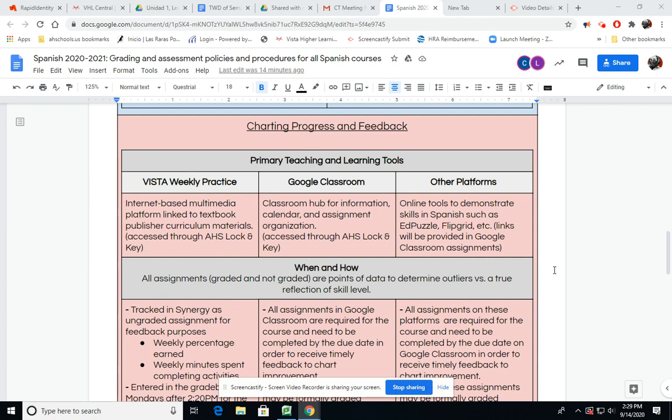But for the most part, it's a tool to disseminate the agenda, and then you go to these other places. So Vista, and then the other platforms that we're using. Yesterday you were doing some stuff on Flipgrid. We will be doing some things with Ed Puzzle also, but really it's those three. Vista, Flipgrid, and Ed Puzzle are the primary ones.